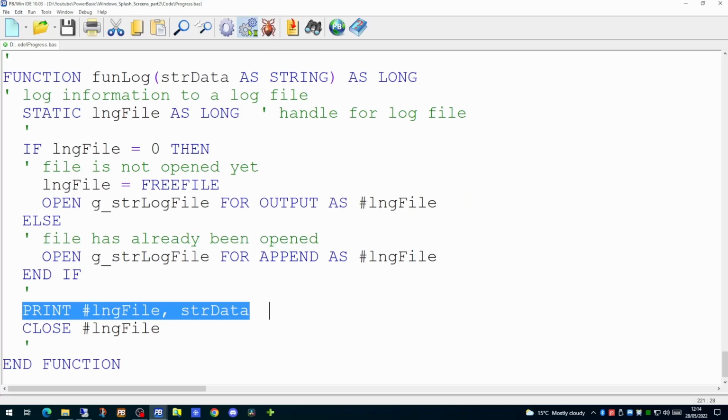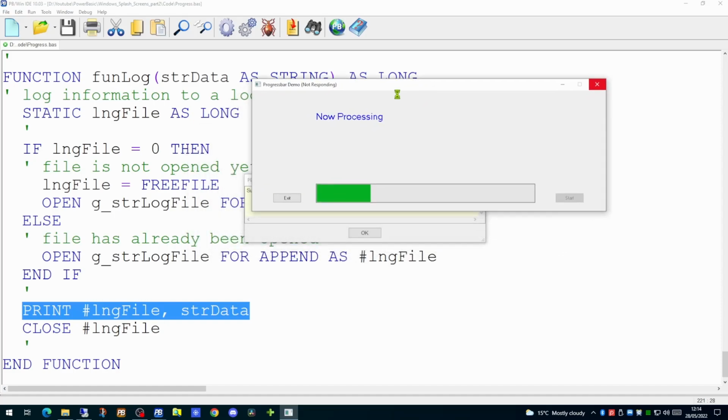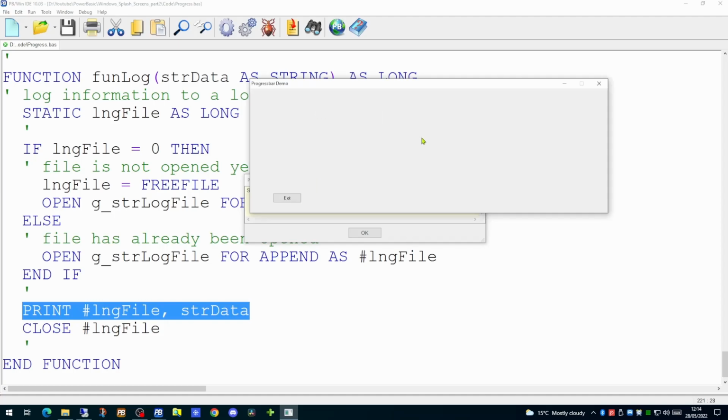If we run our application now, we will see that the dialog comes up. If the user clicks on the start button, it says it's now progressing and the progress bar starts moving. However, if the user attempts to move the dialog, everything stops running. It gives them the message that the application is not responding and the progress bar stops moving. At this point in time, the user would think your application has crashed. However, once the application finishes, our progress bar reaches 100% and we get the finished processing message up.